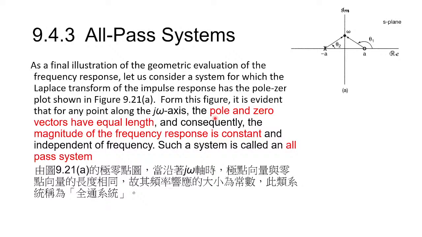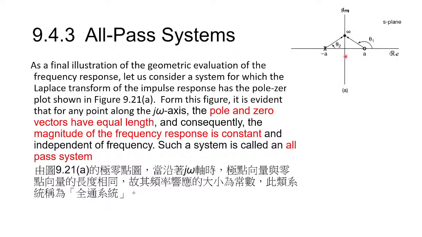The concept is really easy. It's a system that has the magnitude not changing when you move your omega around this axis. And how can you have that? You have some symmetry between your zeros and the poles. For example, in this system, you have a pole here at negative A, and then you have a zero at this positive A. Then, no matter what omega you pick,